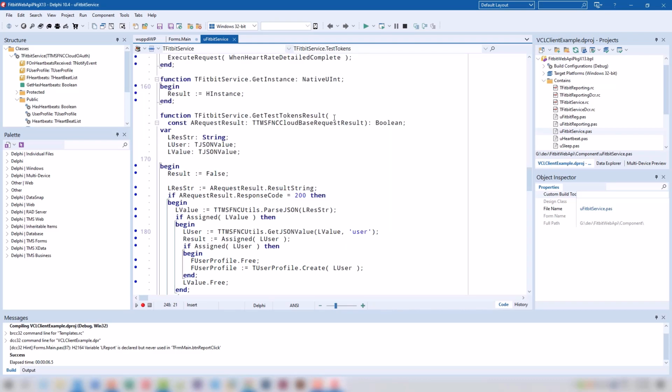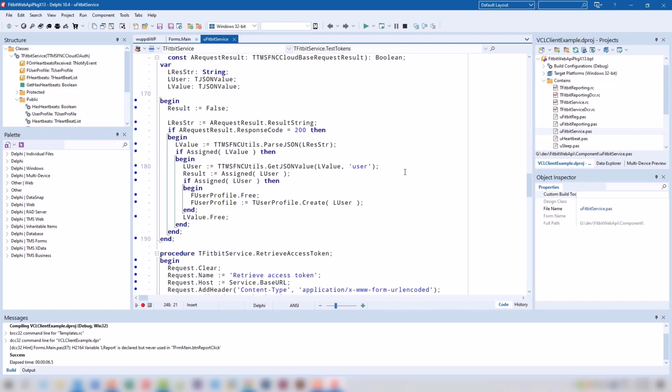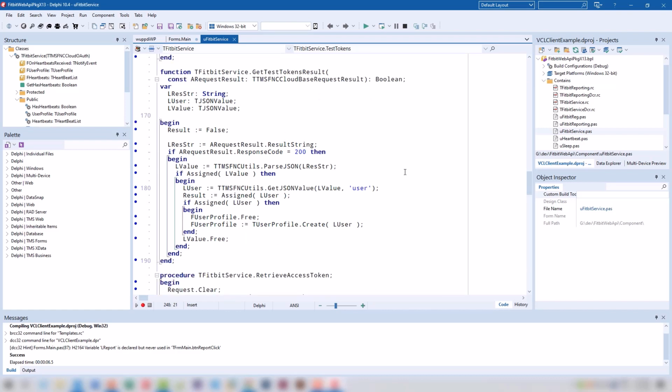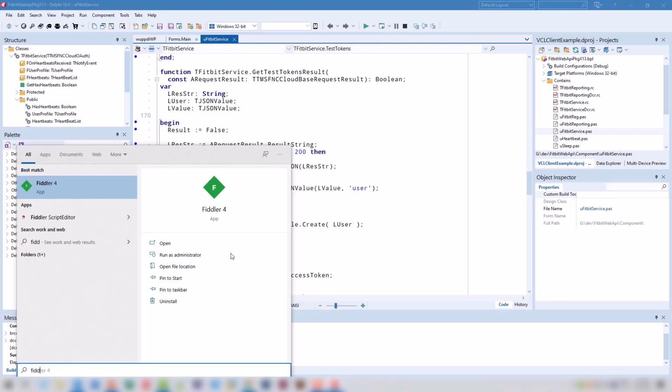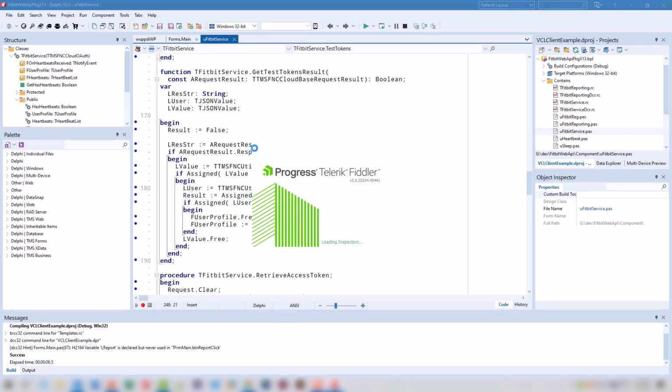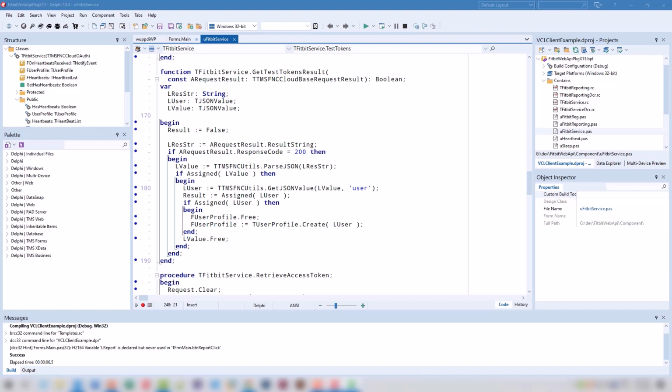That is also a method that we implemented in the first part of the video, but now we have to change it because now the result that we get is the user profile. And the easiest way for me to do that is by showing you the results in Fiddler, because otherwise I'm just talking about theoretical things and you don't know what's going on. So let me show you what we're talking about.